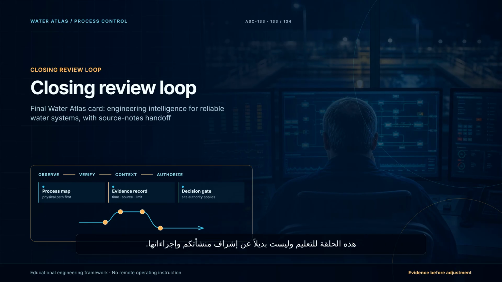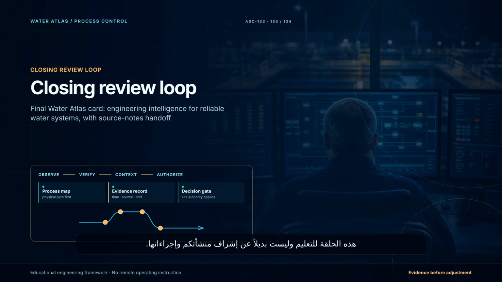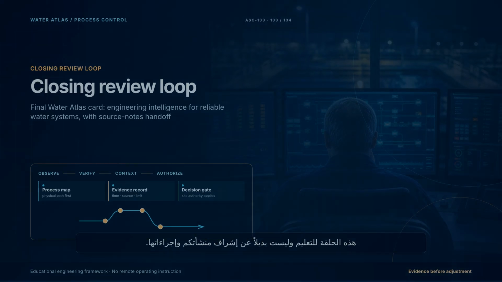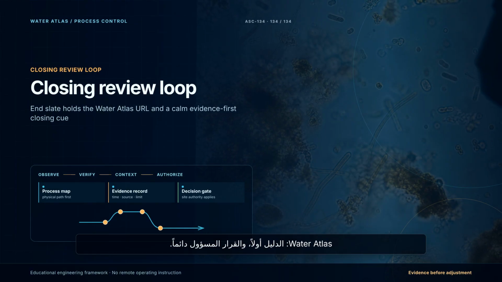Activated sludge process control is not the art of finding one perfect number. It is the discipline of connecting evidence, uncertainty, people, equipment, biology,